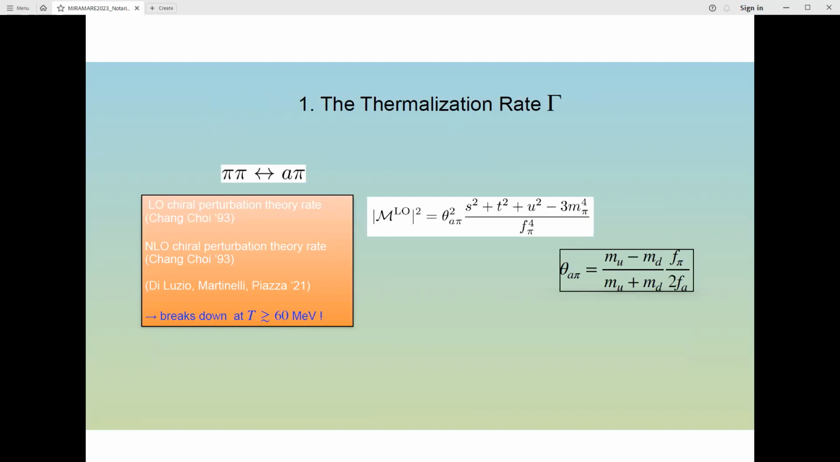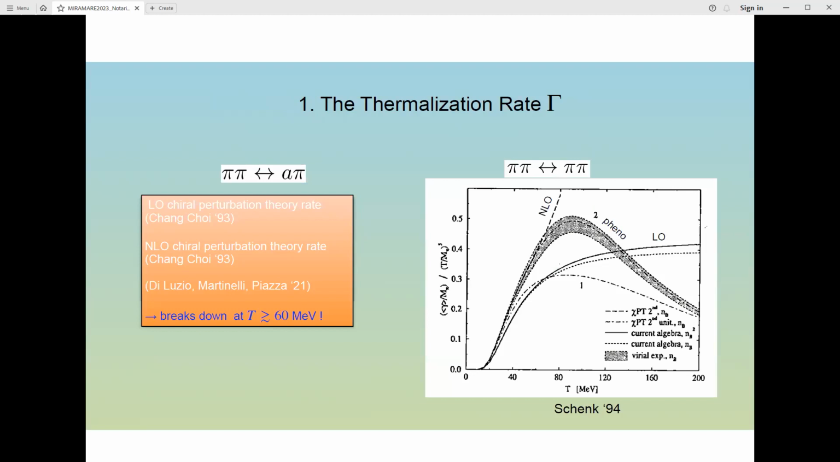However, it was recently pointed out by this paper by Di Luzio, Martinelli, and Piazza that this amplitude actually breaks down above 60 MeV, which is in the regime of interest of our calculation. Okay. So our aim was to cure this problem, and just by looking at all the literature, one realizes that the same problem exists in pion-pion scattering,